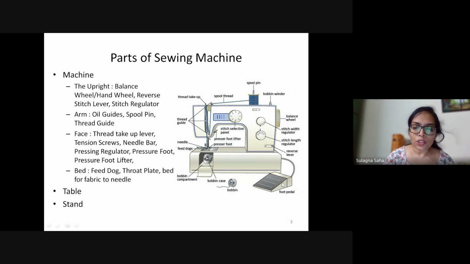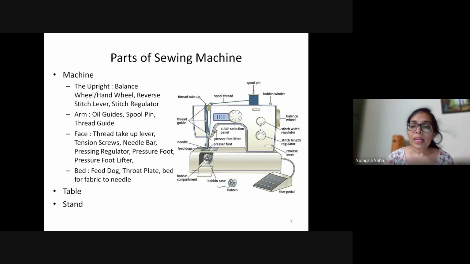The more pressure you put on this foot pedal, the more this balance wheel will turn, right? The balance wheel is essentially the part of the machine which controls the motion of the machine. It can be manual, electric, or done through a throttle, but the faster it moves, the faster your needle will move.